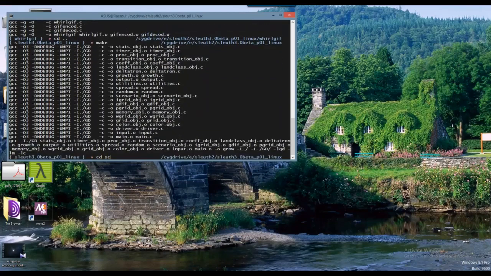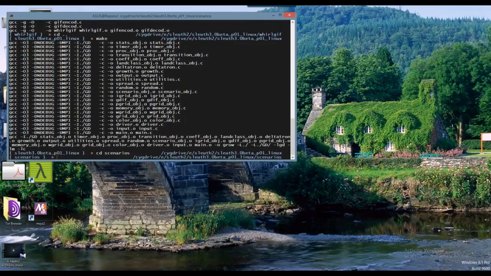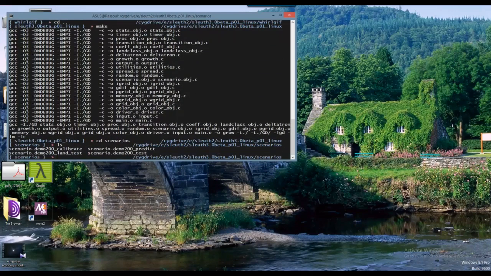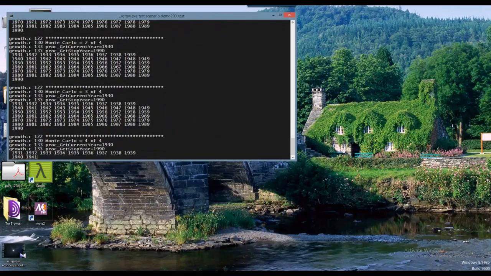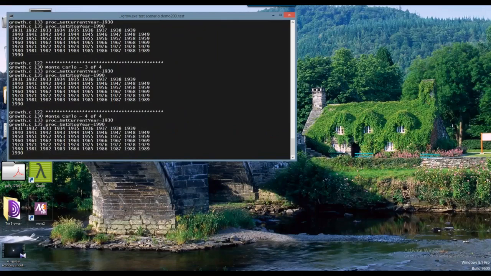So if I go inside the scenarios folder, take a list over there, ./grow.exe test scenario demo 200 underscore test, and that's the moment of truth. The 4 Monte Carlo iterations is finished. It's telling me that the software is working nicely and correctly. It's ready for my own modeling. I get rid of this Baboon,